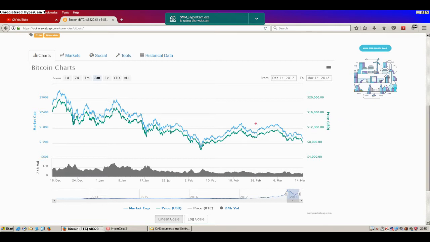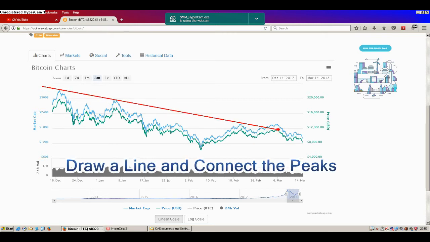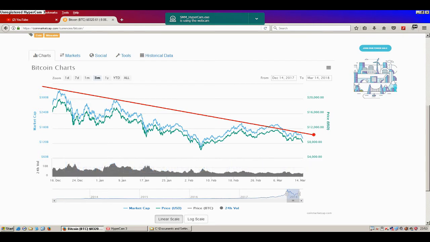So anyway, I'm going to put some lines on this chart just to show you how this chart works. Basically, as you can see, it's in a downtrend, and if you line up the peaks of the downtrend, it's more or less following the line exactly. Look, so every time it hits that line, it's more or less going to come down for as long as it's following that downtrend. You could draw another line on the highs, the peaks, and you could draw another line on the troughs or the lows,